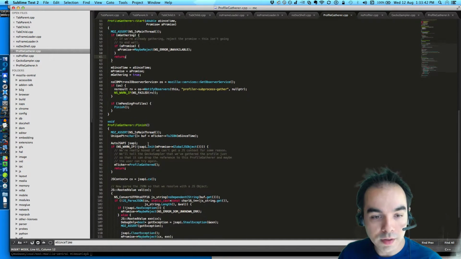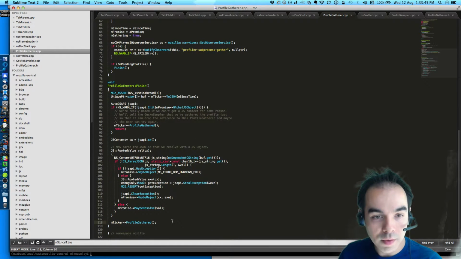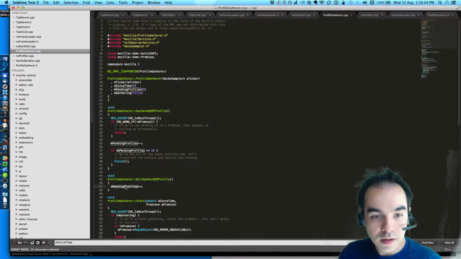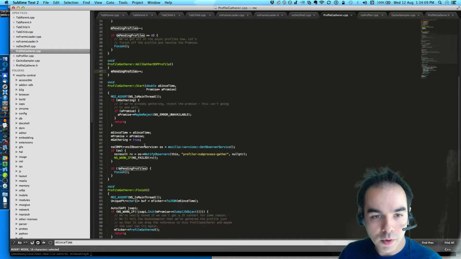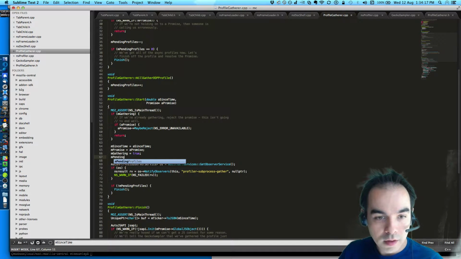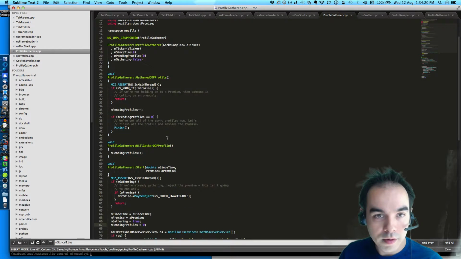Then when we're finished, we need to say that we're done, and we need to clear out: mSinceTime equals 0, mPromise equals nullptr, mGathering equals false. So now this thing should also mPendingProfiles equals 0.